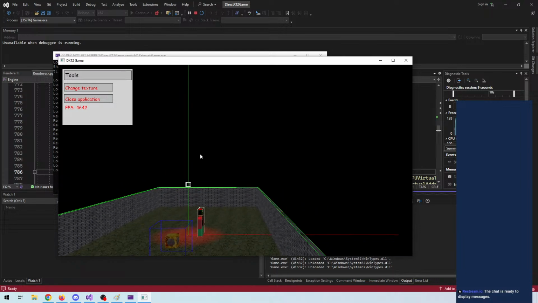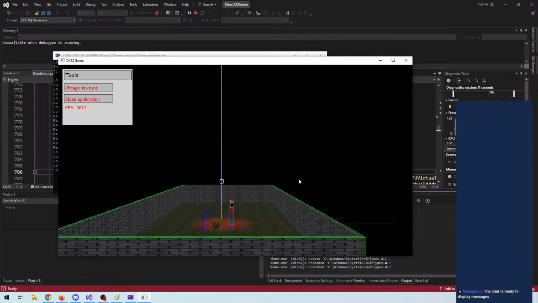So, if we wanted to add a new wall somewhere, and draw that to the screen,